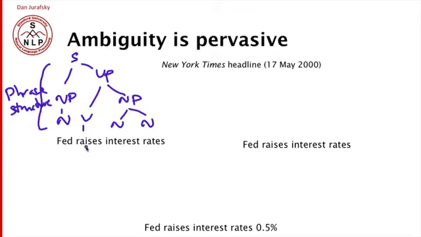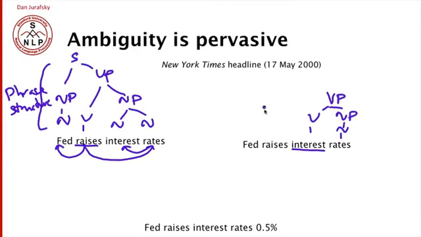We could also write a dependency parse. So we say the head verb raises has an argument which is Fed, and it has another dependent which is rates, and rates itself has a dependent, interest. So we can see the main verb is raises. Well, another interpretation of the very same sentence, one that people don't see, but that parsers see right away, is that it's not raises that's the main verb of the sentence, but interest. Somebody interests something, and that something that gets interested is rates.